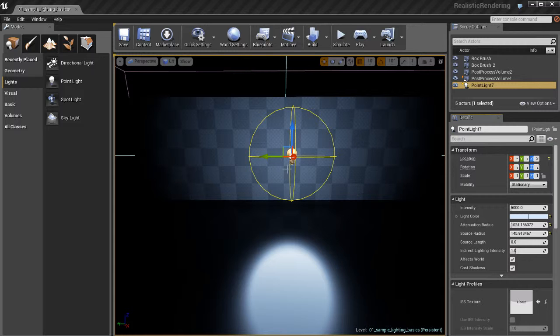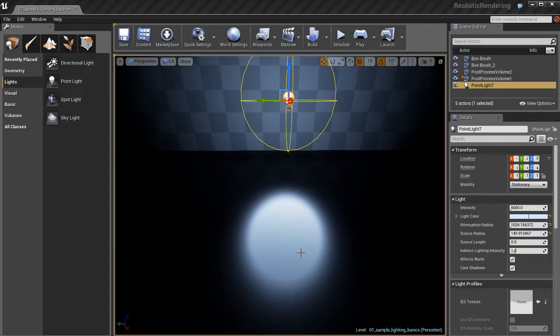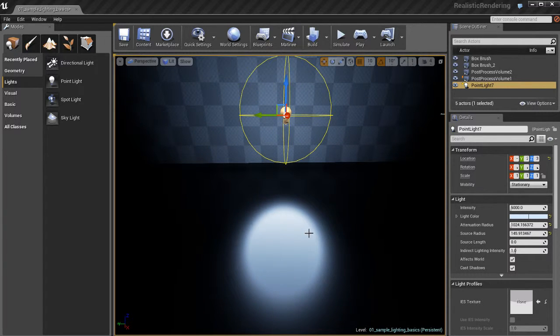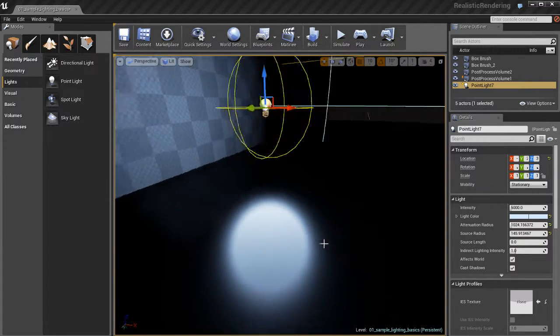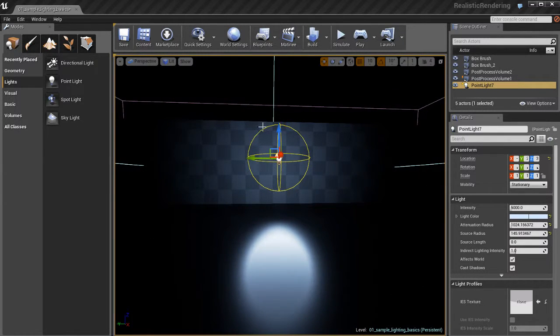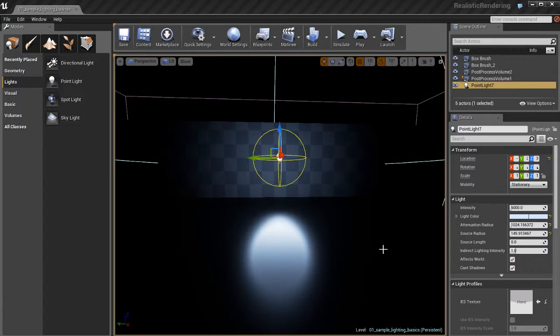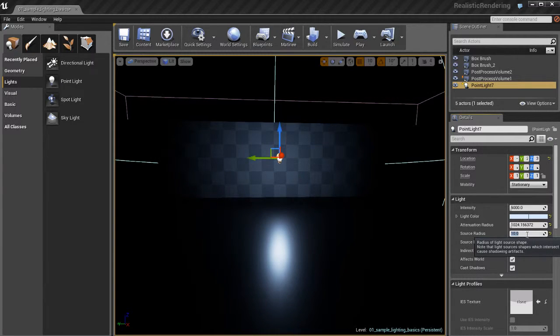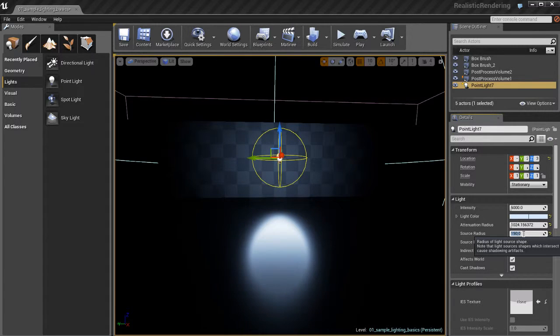Think of the source radius almost like the surface area of the light. Think of like a light bulb. That source radius, the yellow source radius, controls how big or small your light bulb is. If you ever worked with something like mental ray or V-ray, it's basically the equivalent of an area light. So the smaller the source radius is, the smaller that highlight's going to be on the floor. If I make that source radius larger, I'm going to get a larger highlight on the floor because the actual